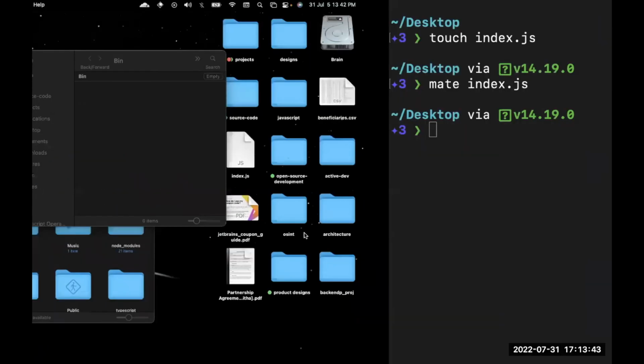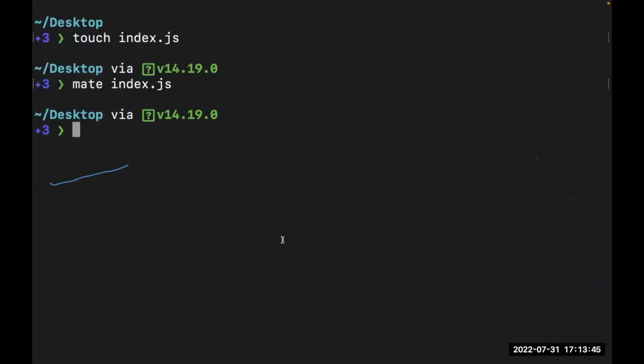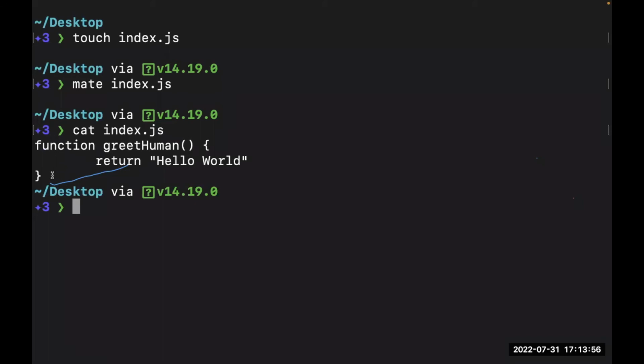Yeah. Okay. So now let's use the cat command, which is concatenate, and this would give us a preview of the content inside that file. So I'm going to simply say cat index, and you see it's able to give us the content. Now, when do you need to use the cat command? Most times you don't necessarily want to open a file, right? Most times you want to just preview and probably see what the function looks like.